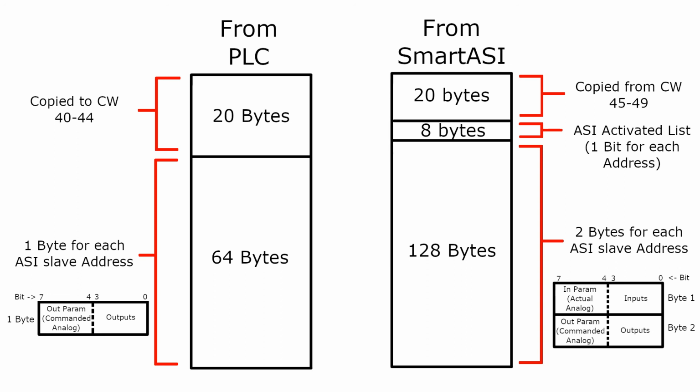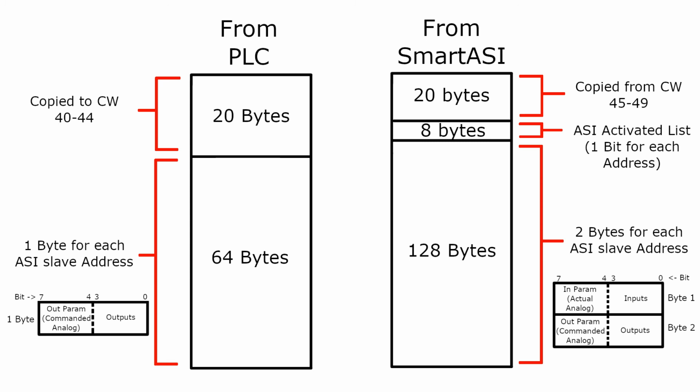The next 64 bytes represent the commanded output data for the OSI slaves in gateway mode. The index of the byte corresponds to the OSI address you're referring to. The lower 4 bits of that byte define the outputs for that slave, while the upper 4 bits define the parameter. For the GX20 MDR control card, the parameter controls the analog output value of the motors. These 64 bytes are unused in ladder mode.